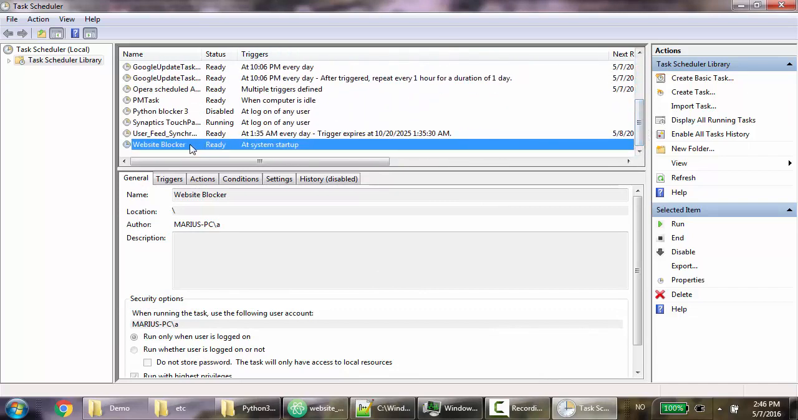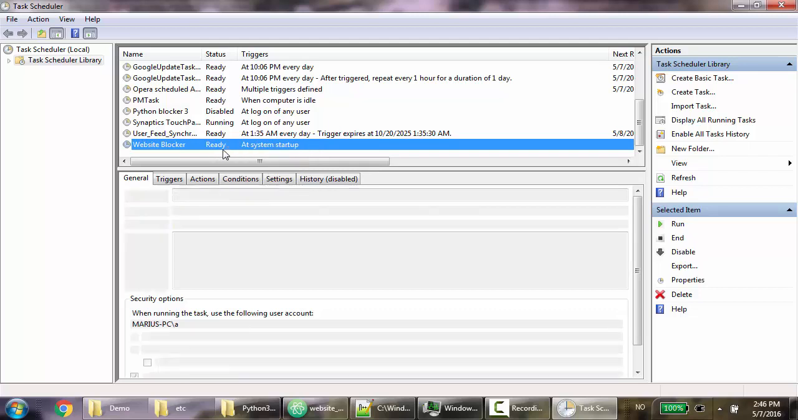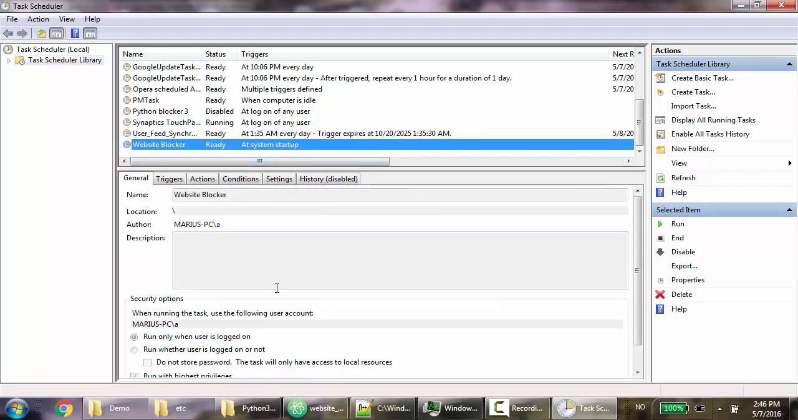here is the website blocker task, which is ready to be run when the system starts up. So you may also want to disable it, but that's for another case. And yeah, now when you start your computer, the program should be running, and your Python loop will run every 5 seconds, and the Python program will check the host file and so on. So you may want to test to restart your program now, or you can go here and test it by